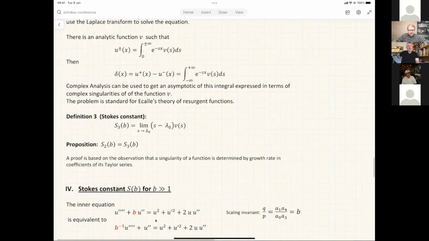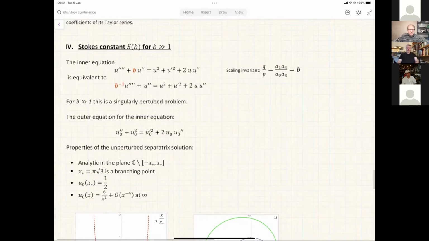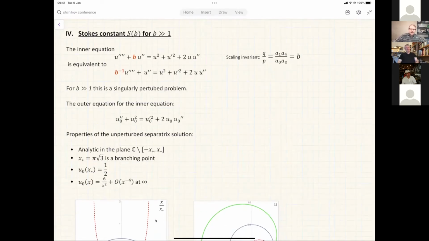Let me just discuss the main point of why it all was done. I want to come back to the question which was posed in the original paper by Allen and Groves. It is about what is the reason why there are infinitely many branches of homoclinic orbits in the bifurcation diagram. What is the reason that the Stokes constant has infinitely many zeros